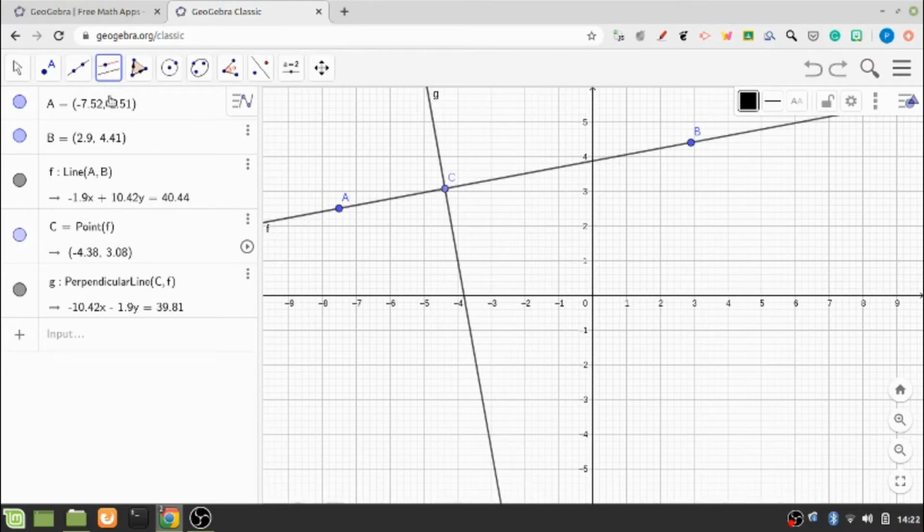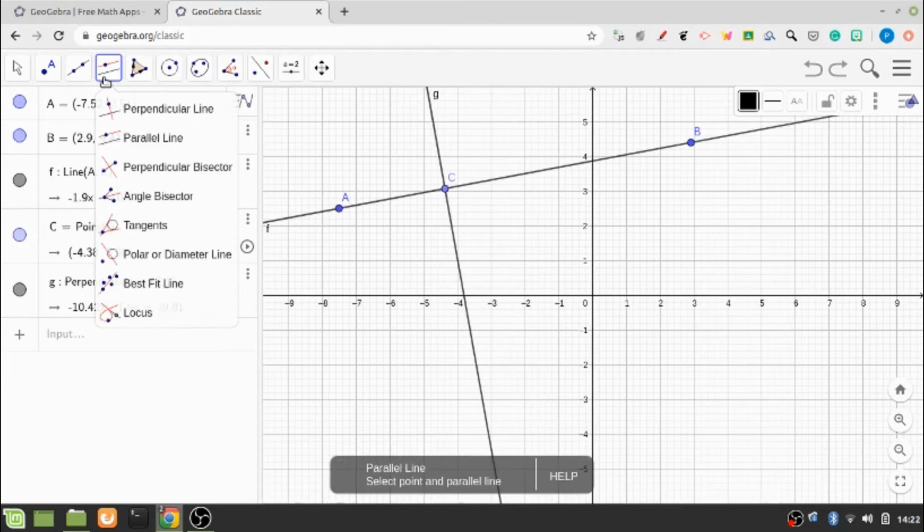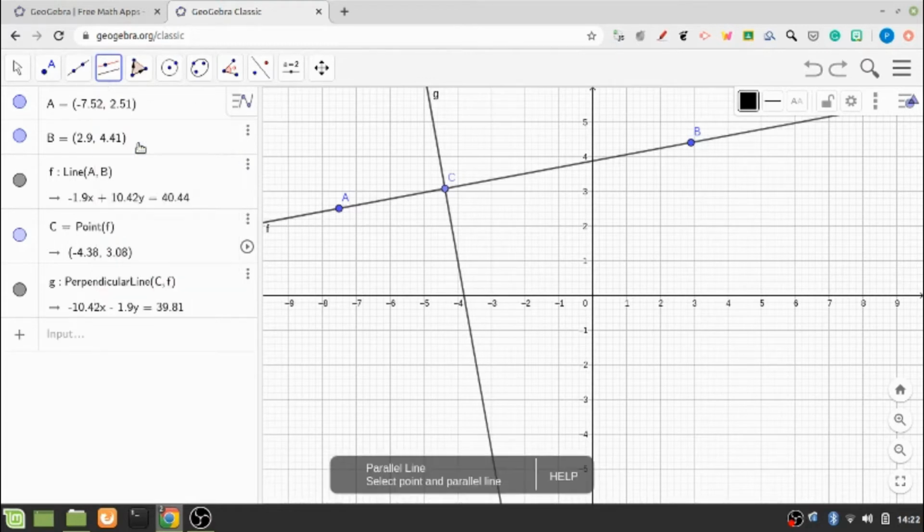Now coming to the next option under this perpendicular tool, which is the parallel line. To draw a parallel line, I have to click on this option, and here it is saying to select a point and a parallel line. So let us say we want to select this point A. Let us click on this point A, and I want to make a parallel line.